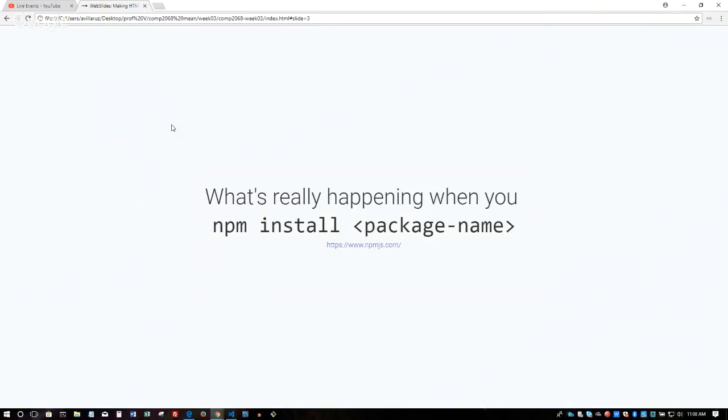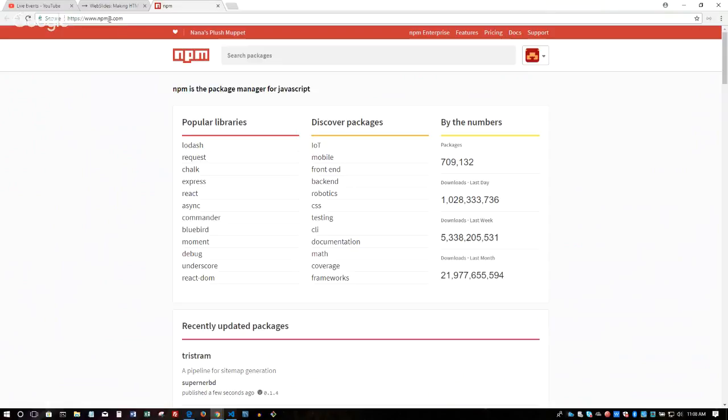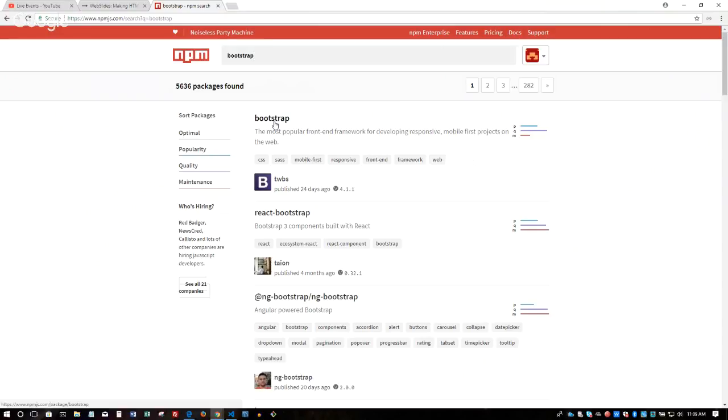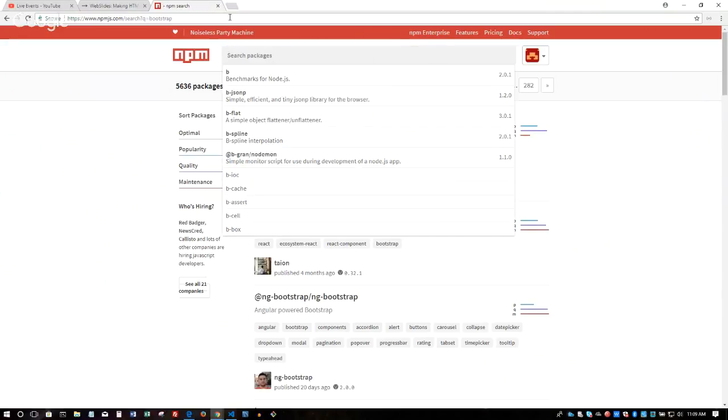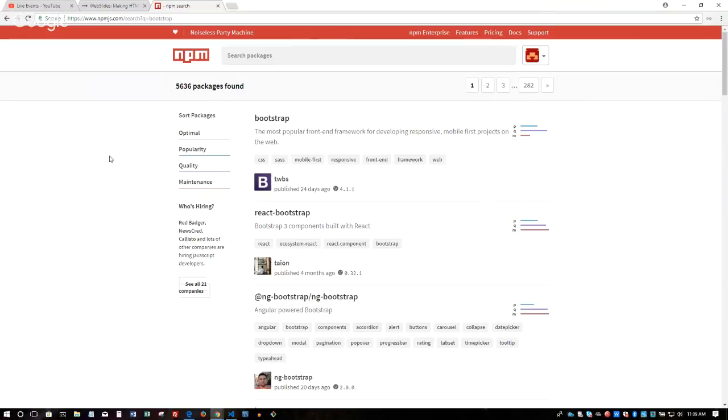No? Okay. So what's really happening when you say npm install something? Here's the answer. If you go to this website, npmjs.com, here is where all of the modules that you could ever download through npm are stored. For example, I can search for Bootstrap. Bootstrap is on here. I can say npm install Bootstrap, and it'll install Bootstrap. Furthermore, you can even create your own account on here, log in, and upload your own modules. And it'll be available for everyone to download anywhere in the world using npm install your username / your module name. It's really cool.